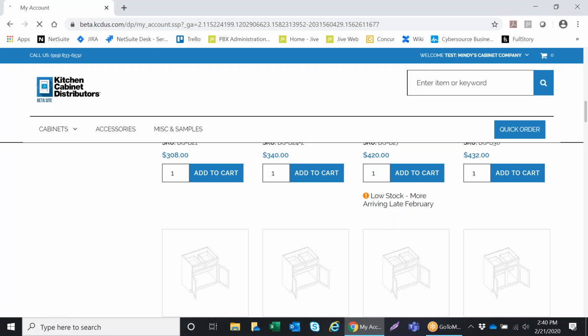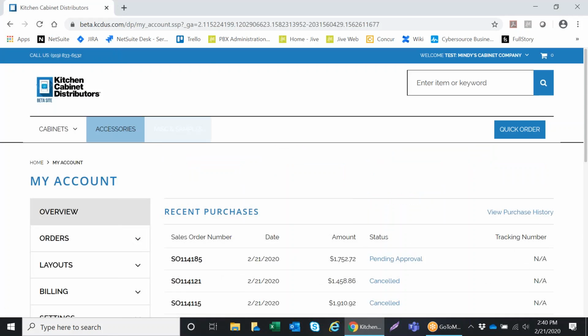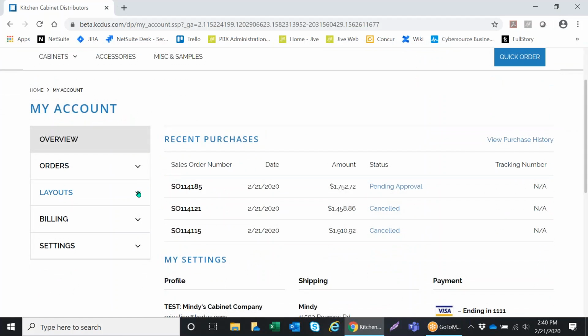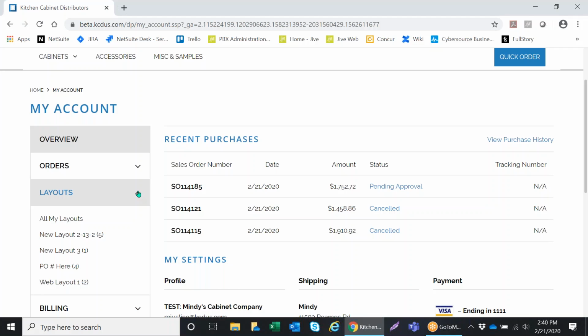The next thing I want to show you is layouts. What layouts are is basically product lists. So you can build a full list of products. You can take that list, you can add it to your cart, you can order it as a quote, you can order it as a sales order, you can order it multiple times, and it'll always be a layout unless you delete it. So under layouts, if you click on all my layouts,